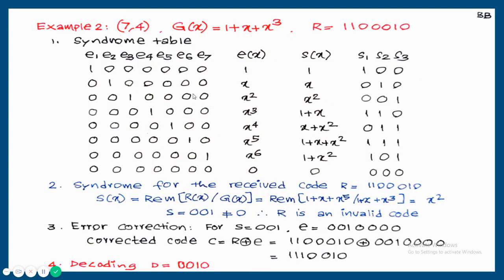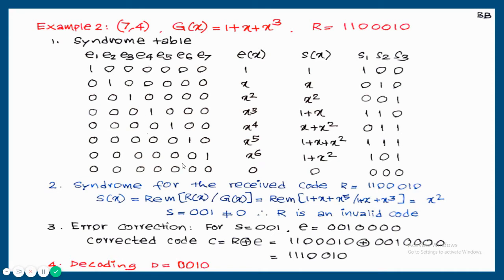Second example, 7,4, g of x is 1 plus x cube. So the format is written in reverse order, 1 plus x cube. One received code is also given. First step, calculate the syndrome table. These are the error patterns for 7,4,